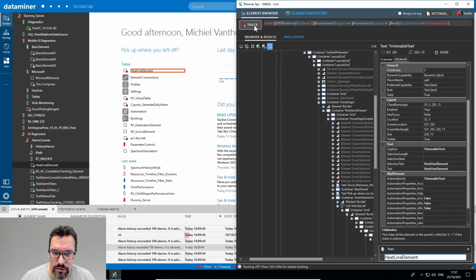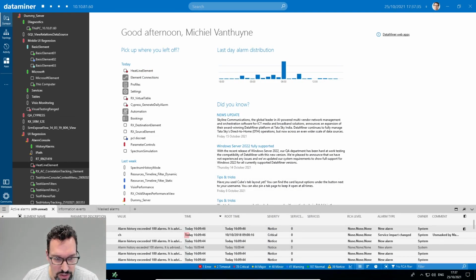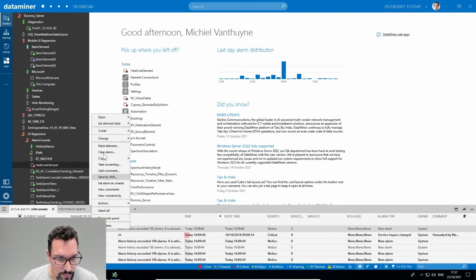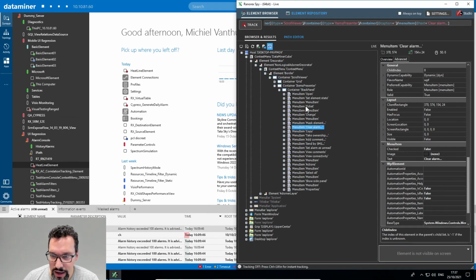In Data Miner Cube I'll try and track it. To track an item from a context menu, I press and hold F12 to temporarily disable the tracking. Then I can right click and select one of the items, let's say clear alarm. Okay, so I can see here I have a menu item called clear alarm. And above that, it's just a stack panel, a grid, a border. So basically general structural items of WPF. I don't really have anything of interest, like a specific automation ID,